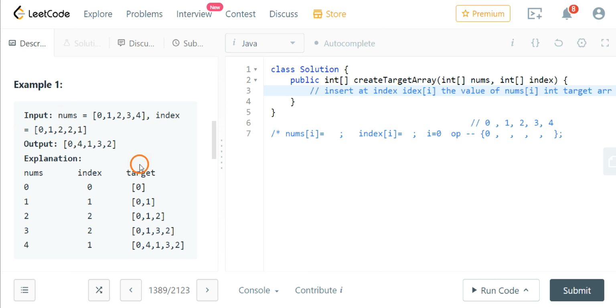See, what happens here is, suppose our I is equal to 0. So we will go here, index at 0. The value of index at 0 is 0. The output will be 0. Now this output will go here. We will look for nums at 0. The nums at 0 is 0. We will add this at our output array, that is 0 is added at the 0th index.